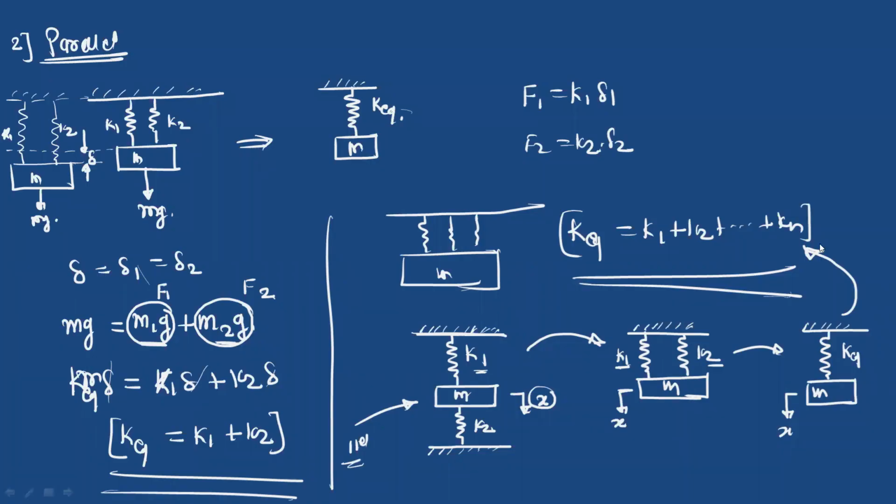Okay, so now we will solve some problems on the energy method, that is, calculating the natural frequency by using the energy method. We should use the energy method specifically if the given system has some rolling element, that is, if the system has a disk which is rolling on some horizontal or inclined surface. For such cases, we can use the energy method, because it is the easiest method to find the natural frequency for these systems.